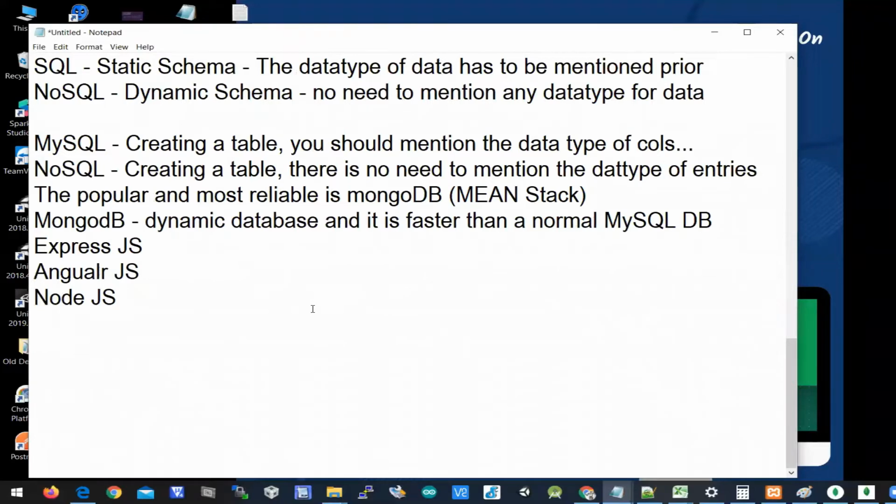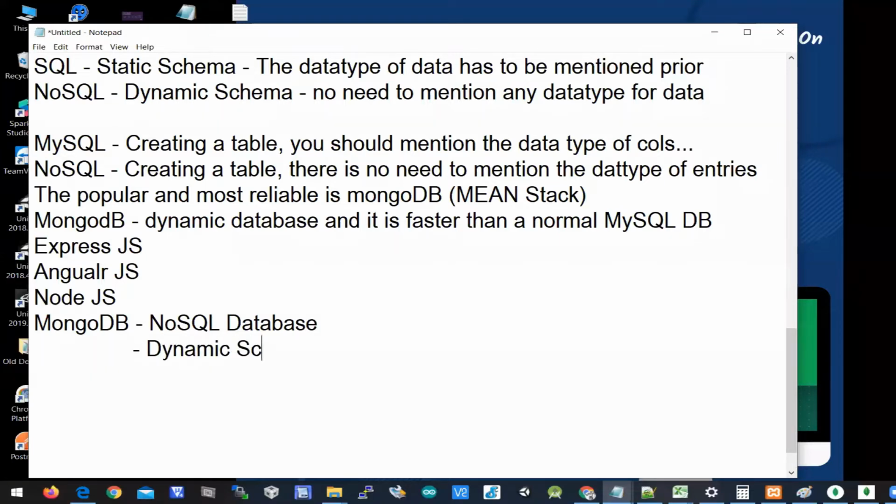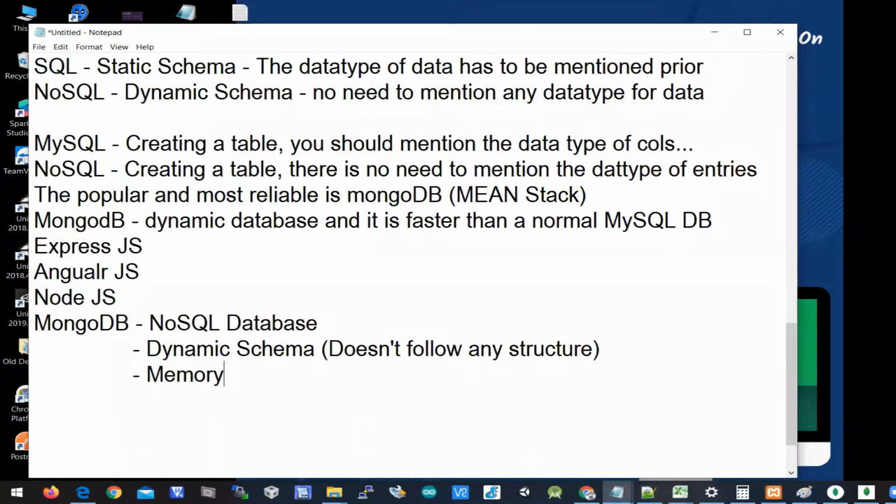So here MongoDB is a NoSQL database. It doesn't follow any structure. That is what is called, it follows dynamic schema, doesn't follow any structure. And memory allocation is automatic.